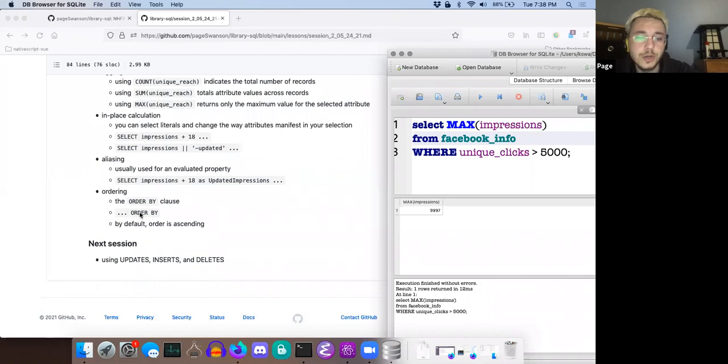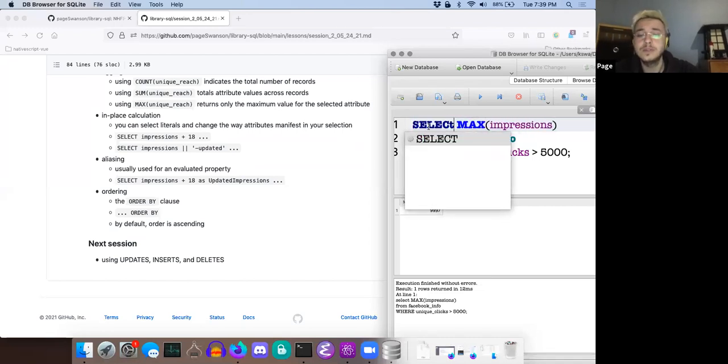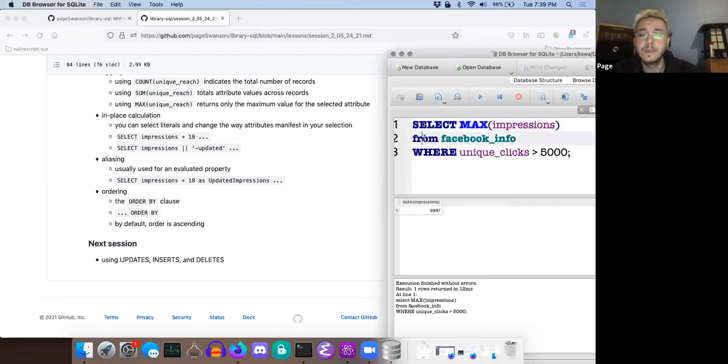But I want to just show this one really quick because it'll help us verify what we got for this max impressions. This last one is actually a new clause. So now we have basically 4 clauses that we can be working with: the select clause, the from clause, the where clause, and then what I'm going to do here is just return this to impressions. And remember this number,